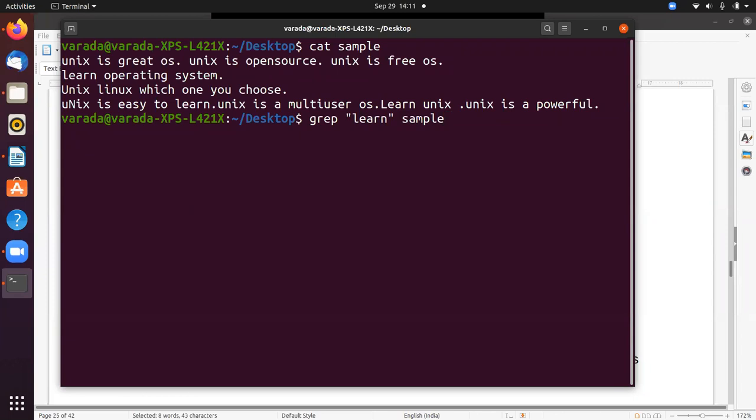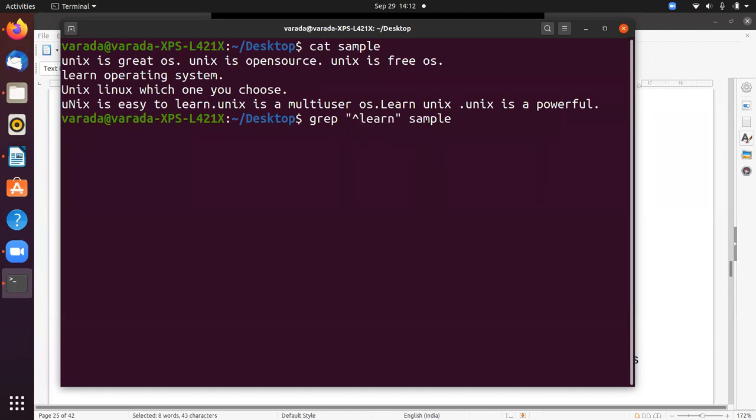If I give the instruction like this, and the learn substring is in the middle of the line, then it will also be displayed. How can we display only the lines starting with learn? For that we have one meta character, the caret. We already discussed it in our meta characters concept.